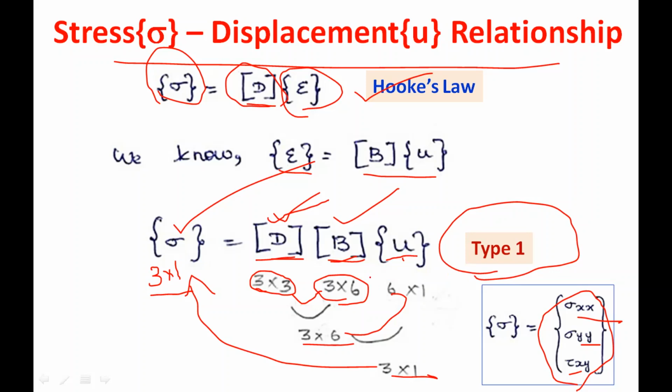Type 1, which is very easy to solve. Why it is easy, I'll tell you. Instead of doing the multiplication in this order, we can do it in the reverse order. That means we are going to multiply this u matrix first with the B matrix. So it is very easy because it is 6 by 1. By multiplying this we will get a 3 by 1 matrix. This 3 by 1 can be easily multiplied with a 3 by 3, and we can easily get the 3 by 1. So that is why this problem is asked. It is very easy to solve. Let us see the example problems in the next part.